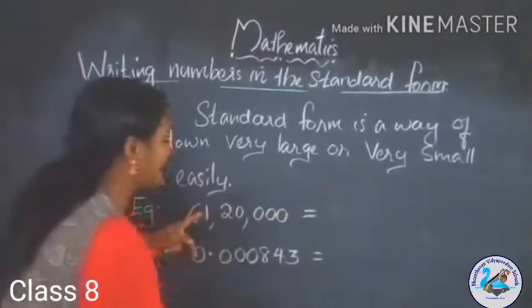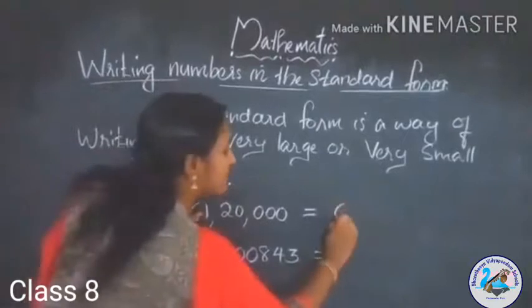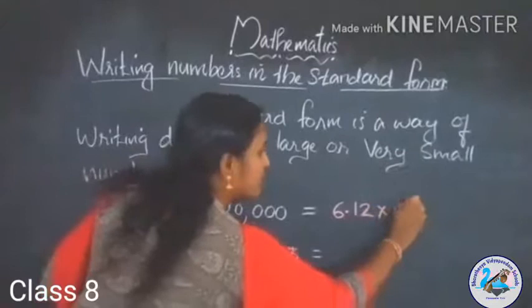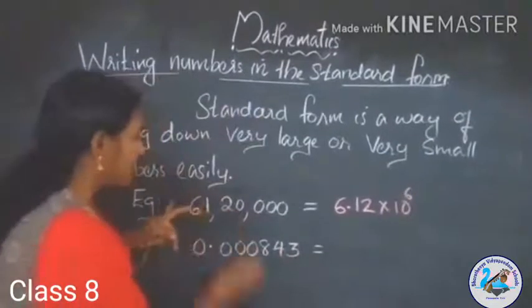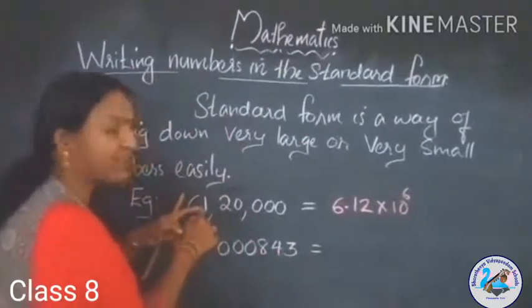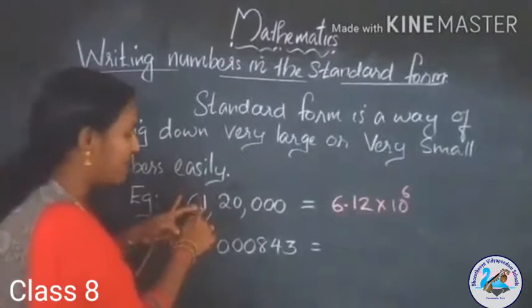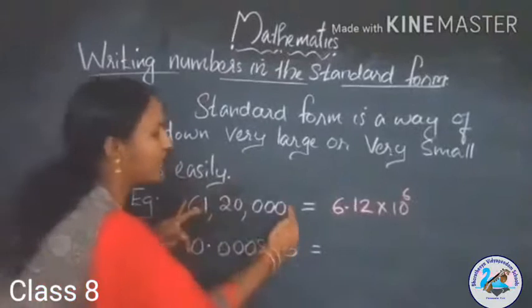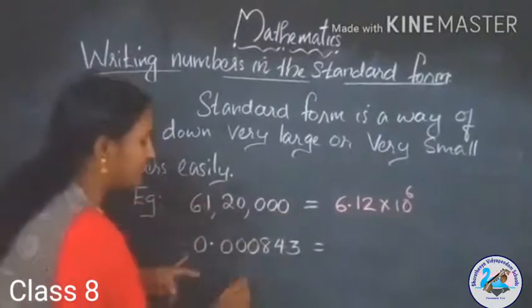So this number can be written as 6.12 into 10 raised to 6. Why? First you put the decimal point after the first digit from the left and count the number of places from the decimal point to the end of the original number. The second example,